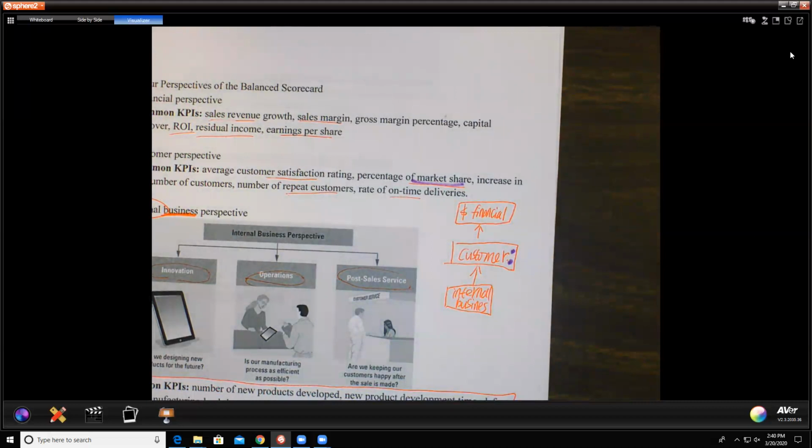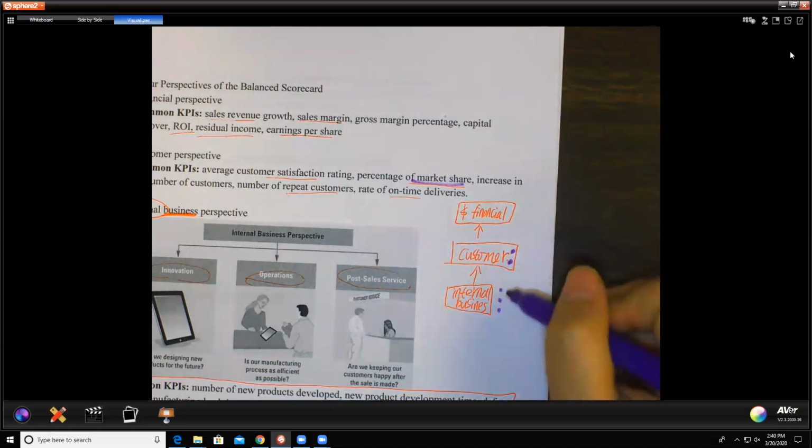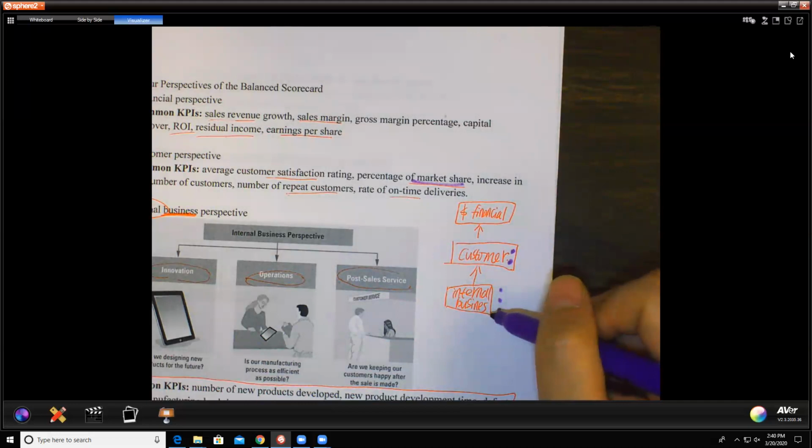When I say internal business, it actually also has three parts. Your innovation, before you produce, you have new features, R&D innovation. And how about your operation, daily operation, yield rate, defective rate, those things. And how about your post sales, your customer service, your delivery? So those three things, before your operation, during your operation, after your operation, your internal business has to be good.